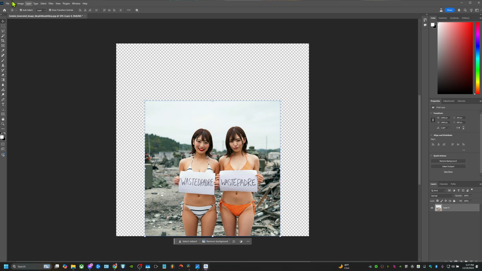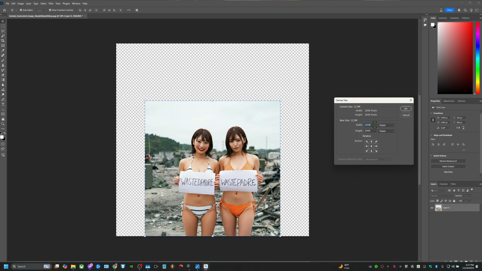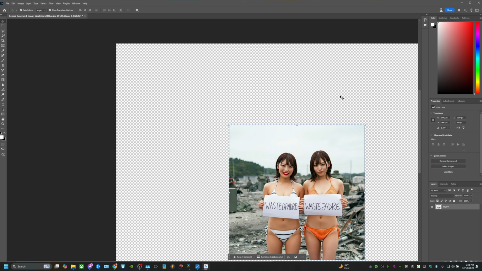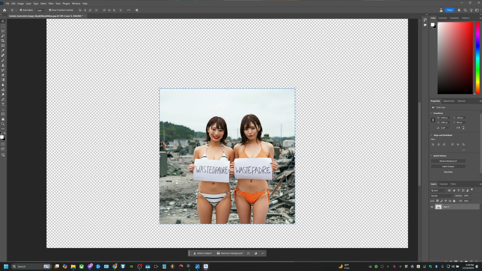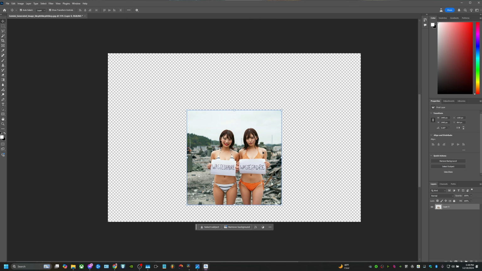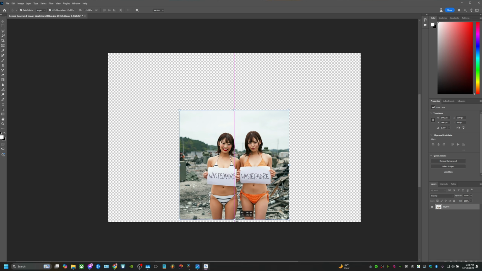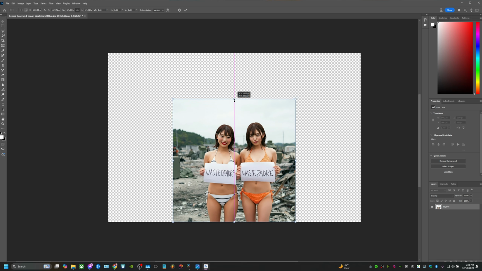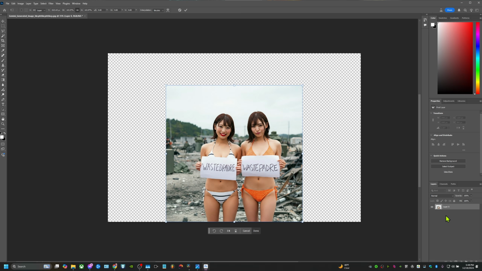I'm going to change the canvas size because I want a 16 by 9 width. So it's going to be 3840 by 2160 for a 16 by 9 image. This is a 4K resolution, and you might already have the resolution that you like. You might not want to mess with that. It's really up to you. So I'm going to enlarge this a little bit, like that, essentially. All right, so then we go back over to our layer, Control J to duplicate it. We're going to hide this base layer here, and with this layer selected,